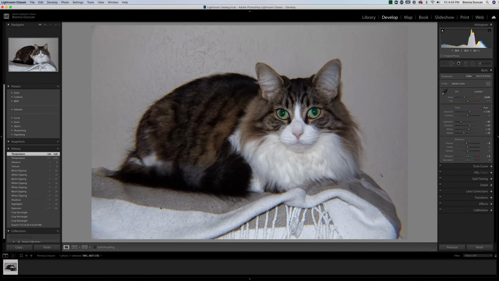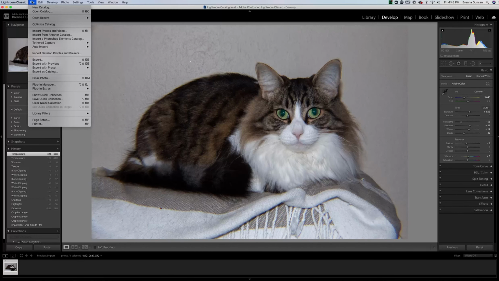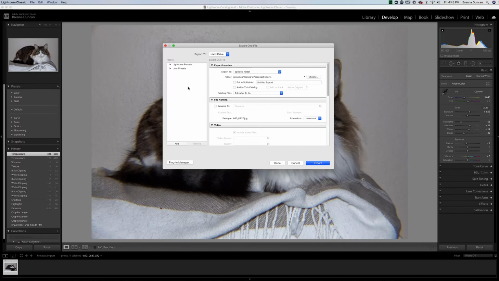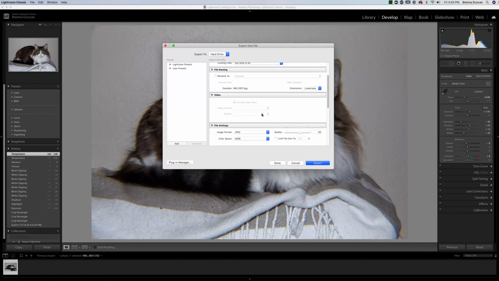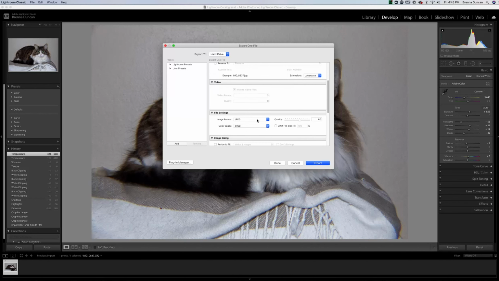So that was it. That's all you need to do for this first assignment. Go up to your file, go up to export. You'll get your little export box. You can do a specific folder, and you can turn it into a JPEG, which is the best way. Down here you can change it to different ones depending on your needs, but let's keep it to a JPEG